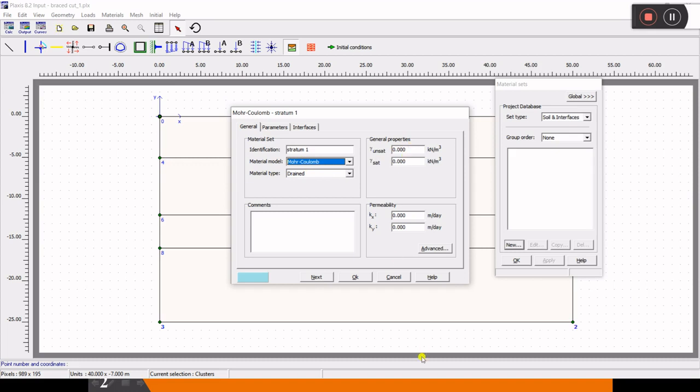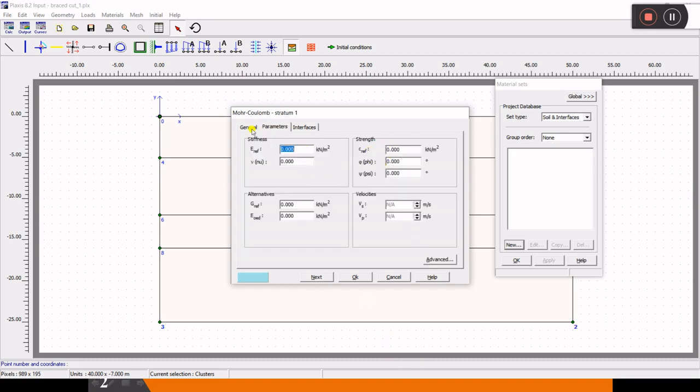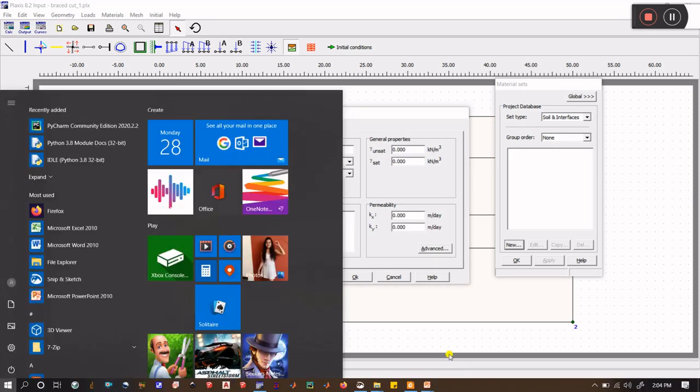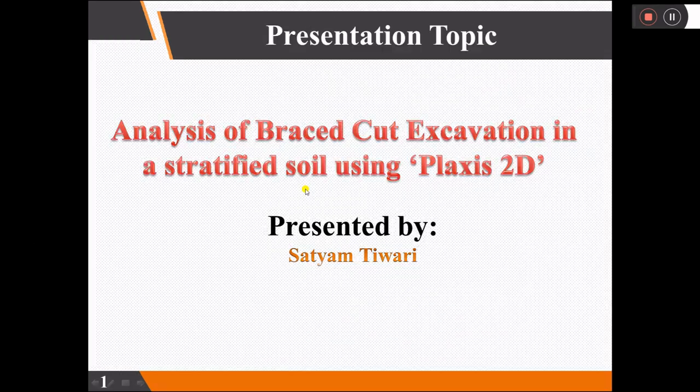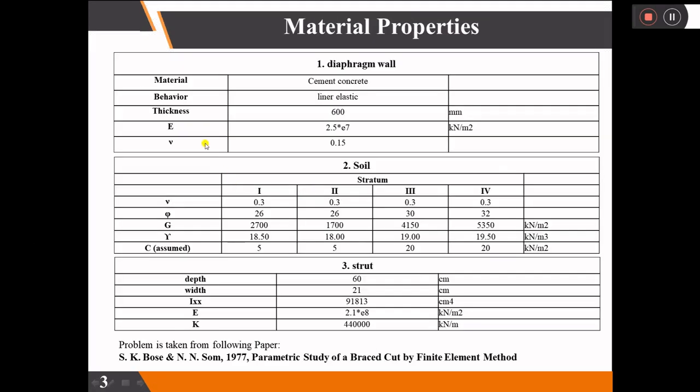So material type will be drained, and to know the unit weight and other parameters, C, phi, gamma, E, let's see what the other parameters are. If we go to the next slide, then we'll see that these are the properties of the soil. Poisson's ratio for all the stratums is 0.3, and the angle of internal friction is given as 26.